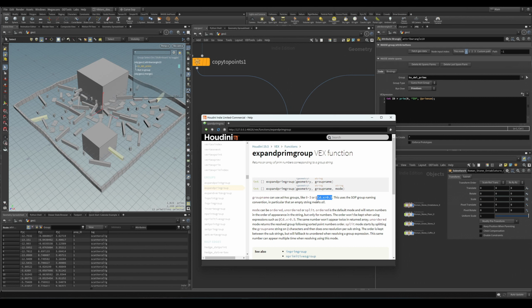We can use this to select all the members of that ID and get the array of them. So this is what we're going to use to get all the members of the same ID. That means we're going to have to